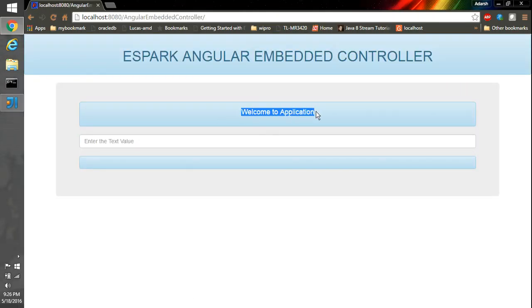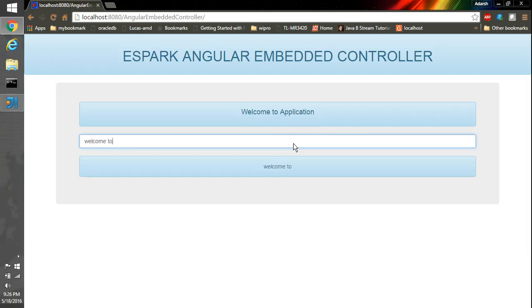So this is the model object where we have initialized the text, and the input box we have bound with the messageBox model object. So if I say welcome to the ESpark, welcome to the ESpark world, then immediately it is gonna be